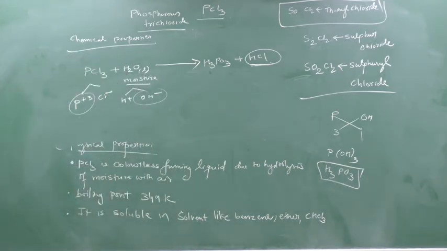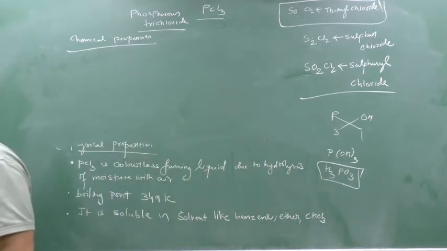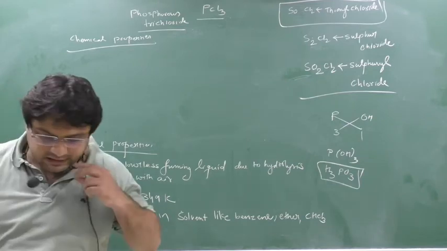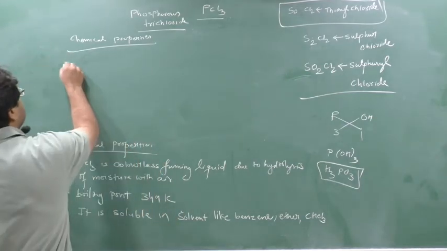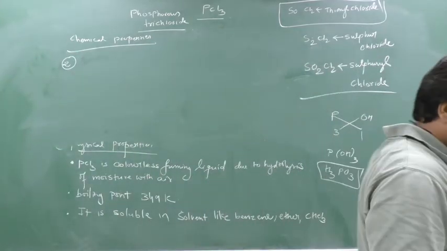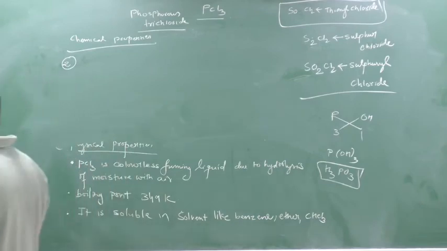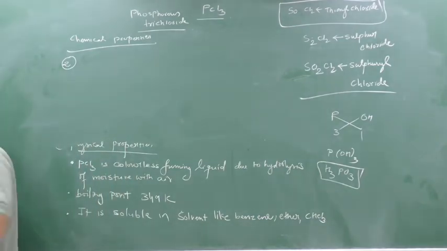Clear this part? It forms H3PO3 and HCl. So this is the first chemical property. Write down the second chemical property. When PCl3 is reacted with an organic compound,